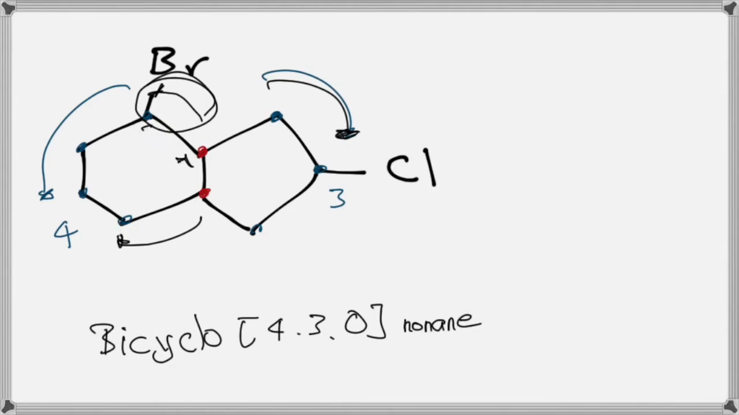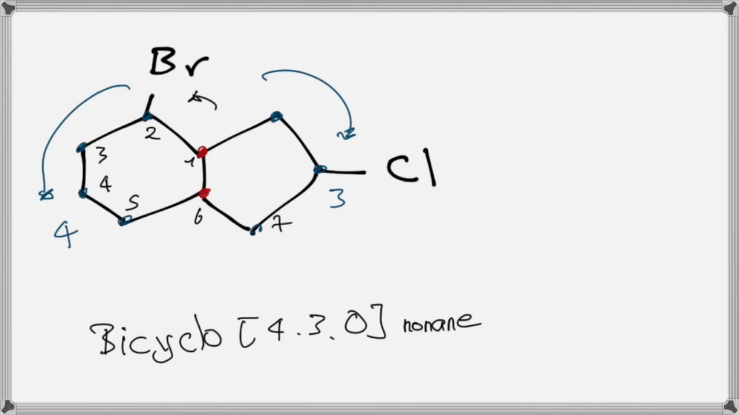Let's go ahead and clean these up. By naming this way, we're going to end up with 1, 2, 3, 4, 5, 6, 7, 8, and 9. So we're going to have here a 2-bromo and here an 8-chloro. And as we should always name in alphabetical order, the B comes before the C. So at the end, the compound will be